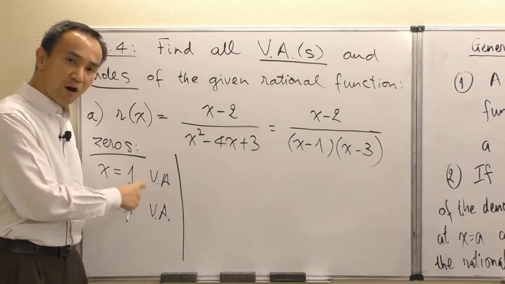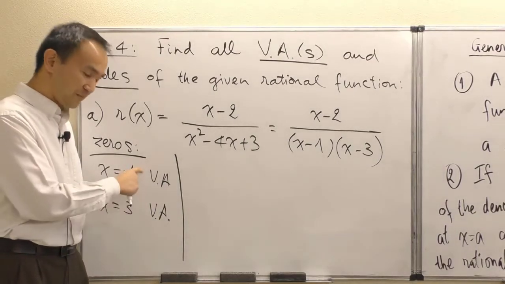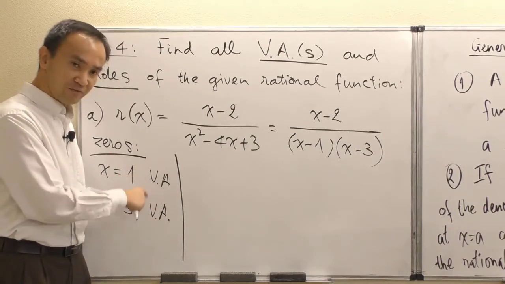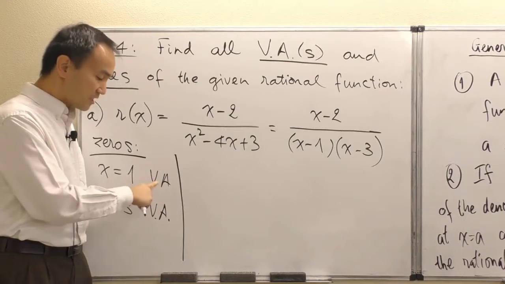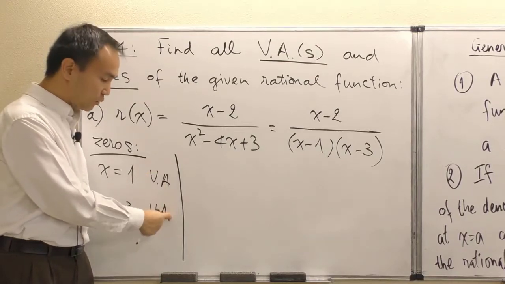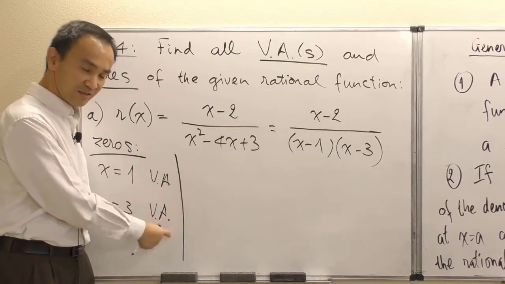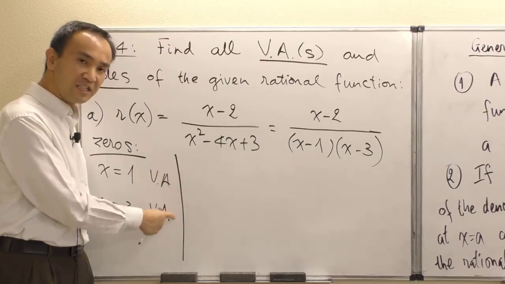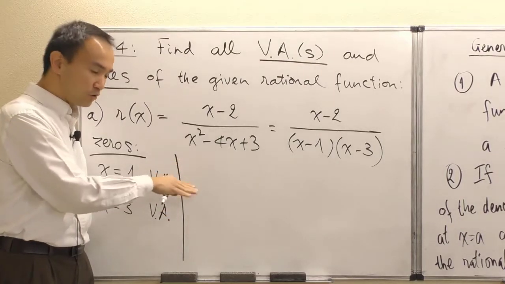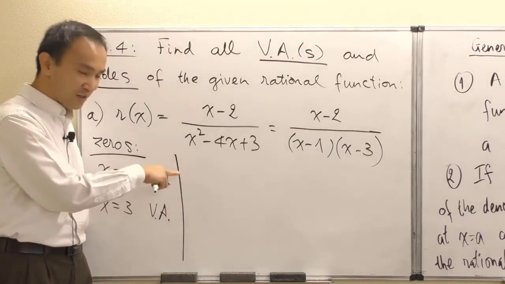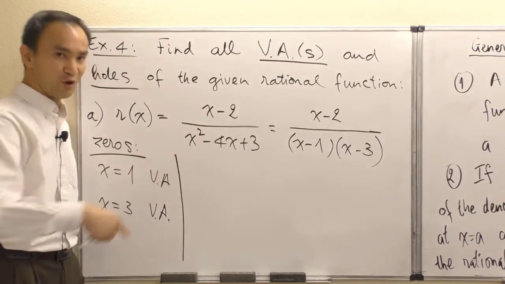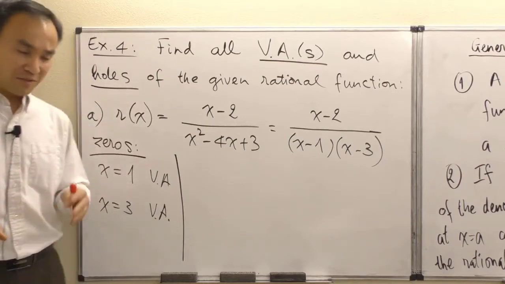Once we've found all of our zeros in the denominator, any of these are now tentatively the VAs. And then just simply the next step, we're going to go through each one of these right here. We want to identify whether any of these can become a hole. And then those remaining that did not become a hole stay as a VA. And those that become a hole stay as a hole. All right. So in that way,